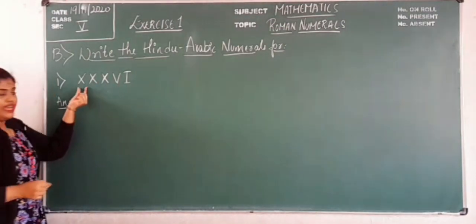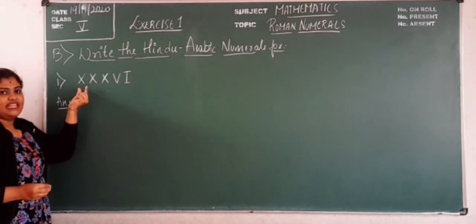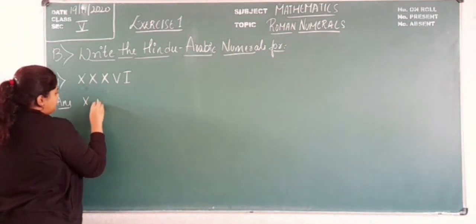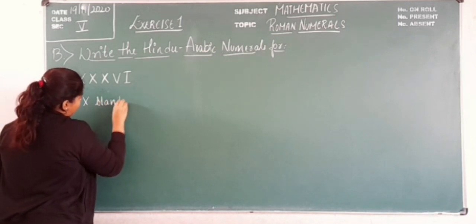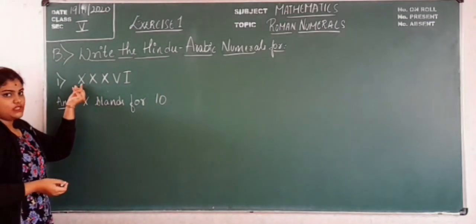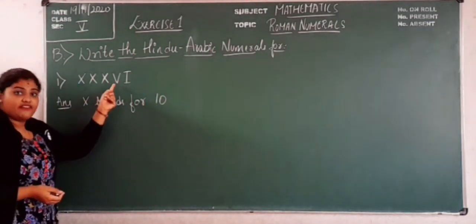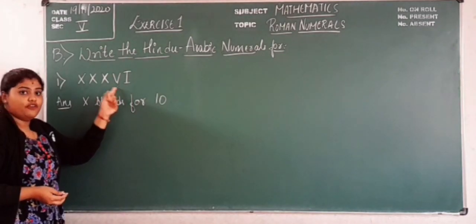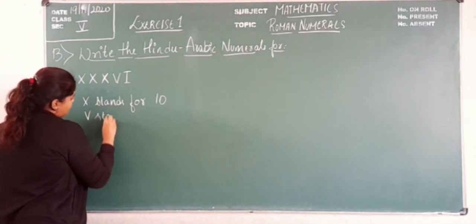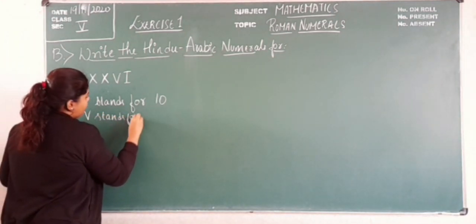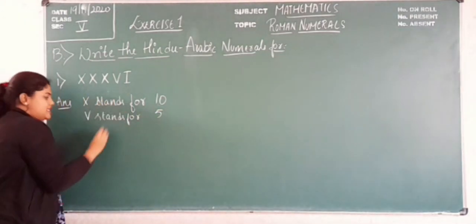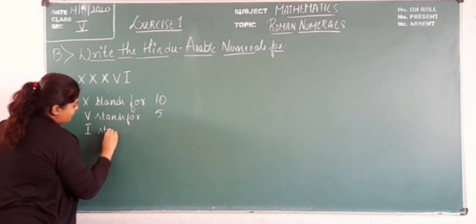XXXVI. So the symbol X is used to denote 10. So the first symbol is X. So X means 10. Next we have V. So the V symbol stands for 5. So V means 5. Next we have I. So I stands for